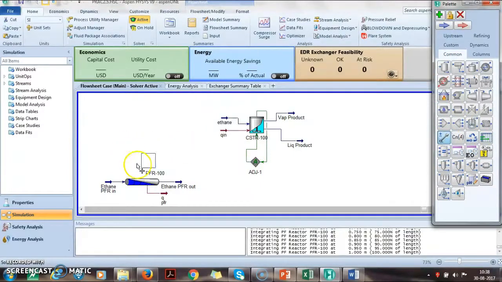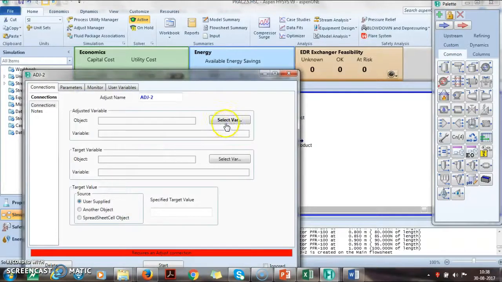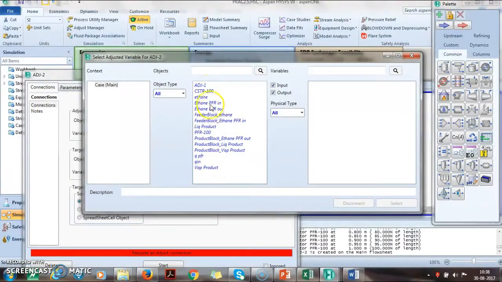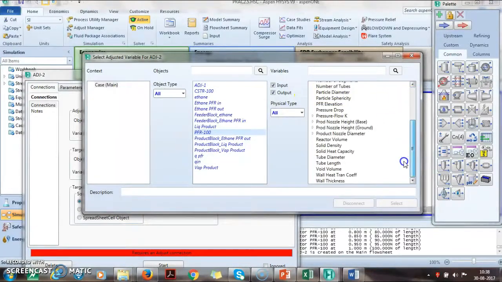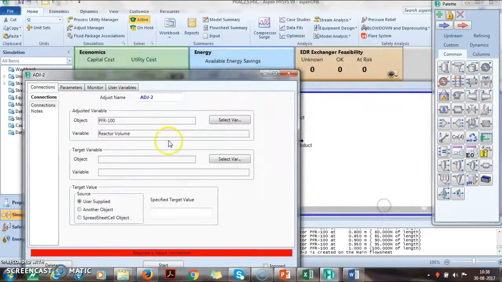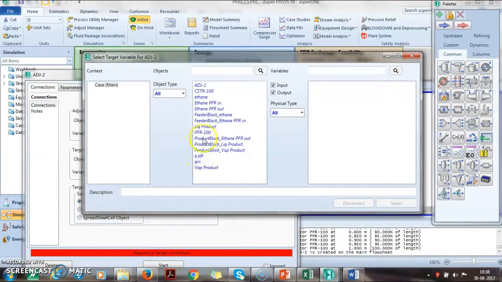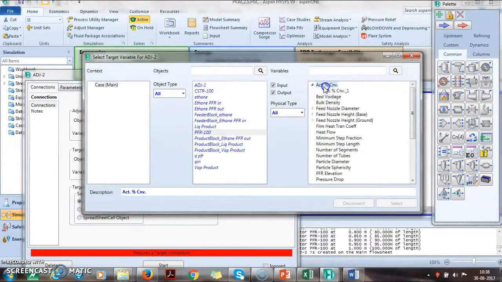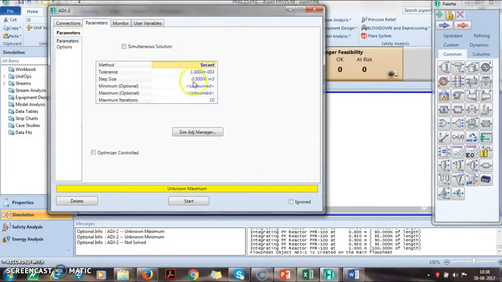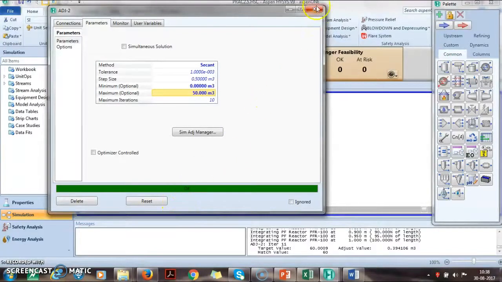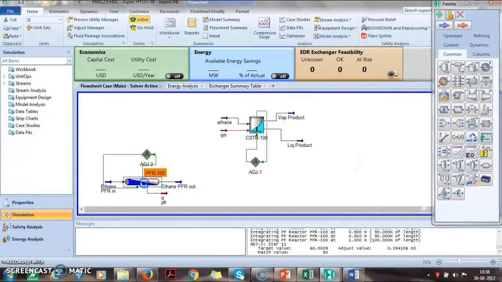We'll take the adjusted, we'll put it here. Our adjusted variable would be PFR reactor volume, and the target variable would be PFR conversion, and our specified value would be 60, and we'll go to the parameters, same thing, 0, maybe 50, and it is converged. So if you look at the volume now,